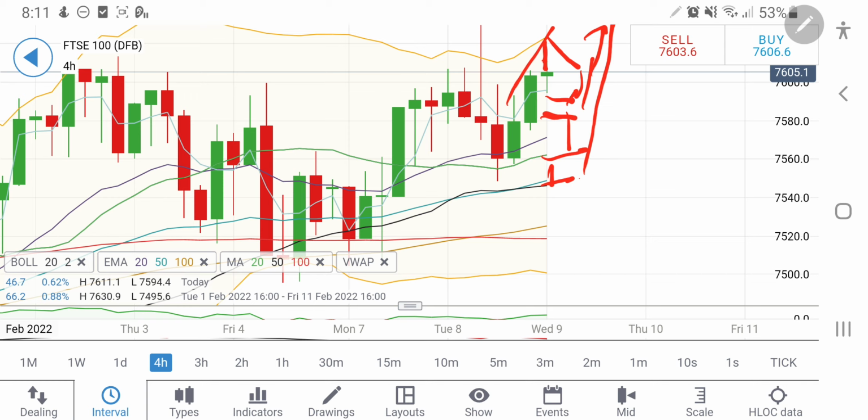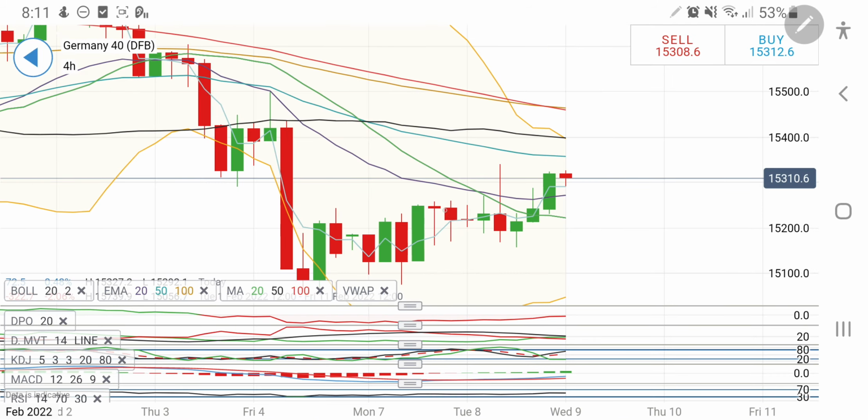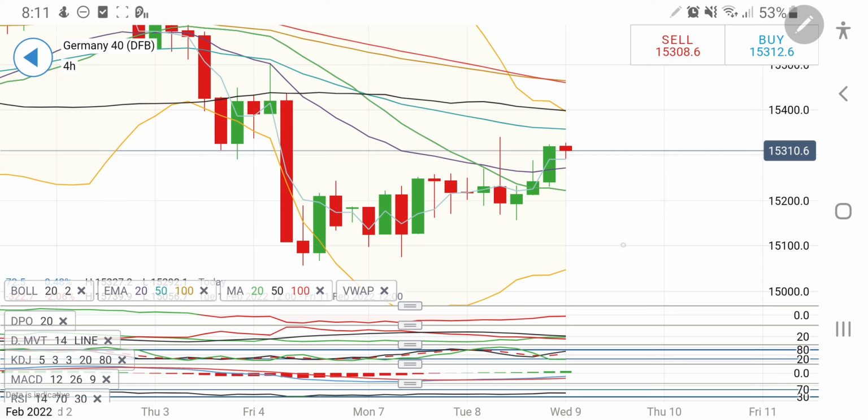Now let's move towards Germany 40. Germany 40 on a 4-hour chart has come out of this consolidation zone. See, this is the breakout. See, it had tried to trade in between this box from 14150 to 14250 zone. It has come out of this. Probably now getting a support around this zone is important. It might drop till 15250, but till the time it remains above 15250, you can expect it to head higher towards 15400, and then towards 15450, 15460 can also be expected. Comfortable levels and bullish signal on indicators, that is one part of it on the 4-hour.